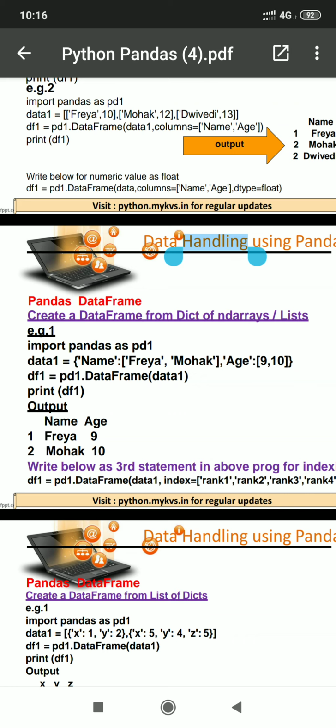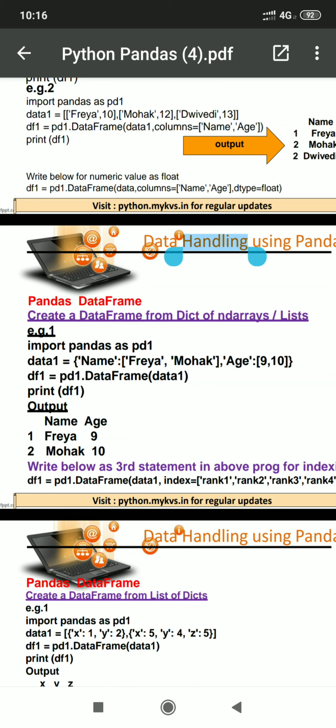A list can hold multiple values, so there can be multiple names, but as an entity it will be single as name. Then we create another column with the name age as key, and its value will be 9 and 10. So name's value is Freya and Mohak and age column value is 9 and 10.